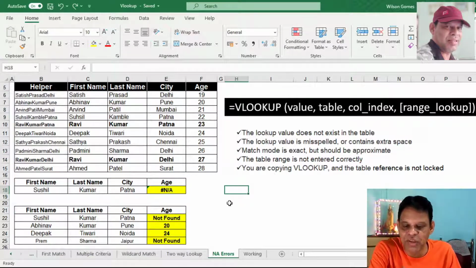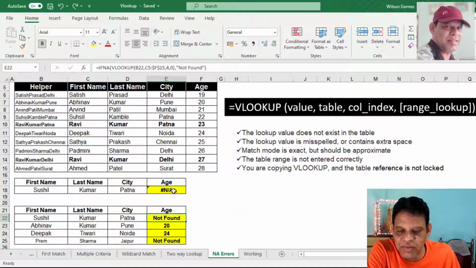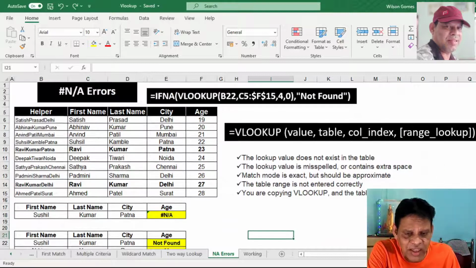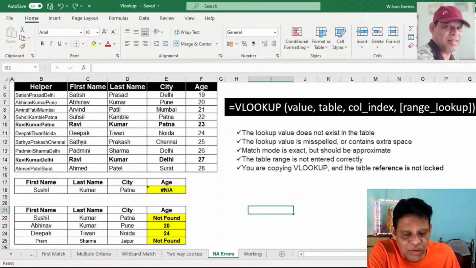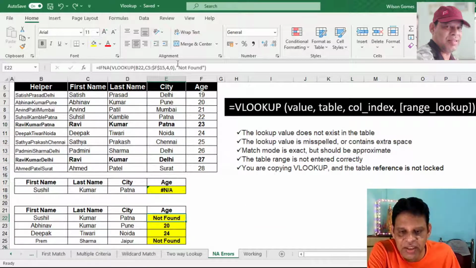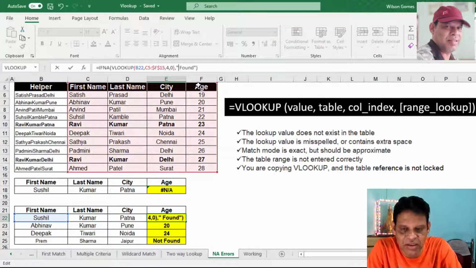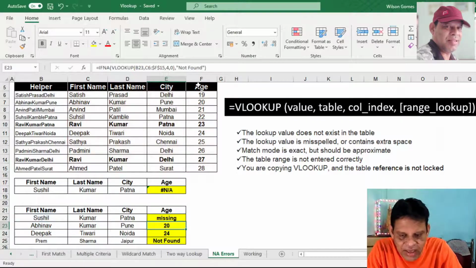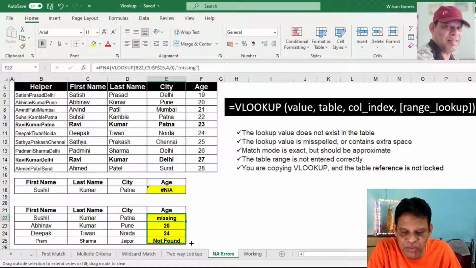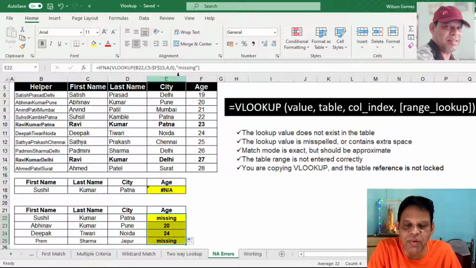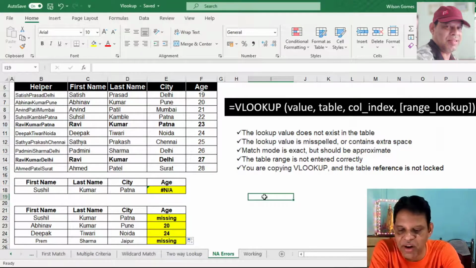Okay, with an example, I'll show you over here when this NA error comes. Again, same thing is given and a standard formula is there, NA error is found. Here, instead of showing the NA error, I can put a custom message. Here if you see, for not found, I am putting missing. In that case, I'll get missing. For all those people not found will be missing. So you can put anything: missing, absent, not available, whatever it is. I hope you have understood so far.